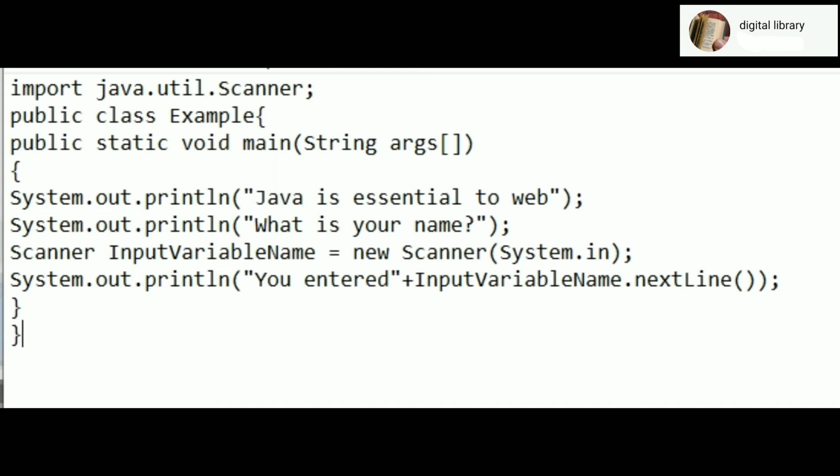Now let us discuss this program. Here, the imported class Scanner was called to initialize a variable called inputVariableName. This is followed by the assignment operator, is equal to, which is in turn followed by the programming code new Scanner(System.in). This expression creates an object and commands the program to store the value of the user input to inputVariableName. Please take note of the coding convention in variable naming. The first letter of the words are always capitalized.